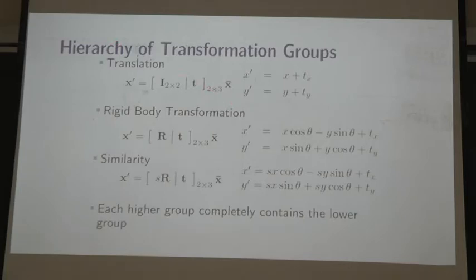Okay, and I'm writing it in different notations so that you get comfortable with notation also, but it's just I2 times 2 pipe T. Pipe means concatenation of column. I wrote it as a 2 by 3 matrix just because the last row was 0, 0, 1, so if I drop the homogeneous notation for translation, it doesn't really matter. So this is really these equations. If I expand this, it's really x plus tx and y plus ty. Okay, so I'll call it the translation group.